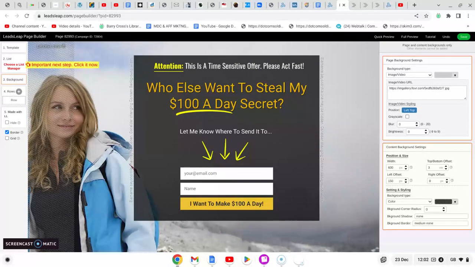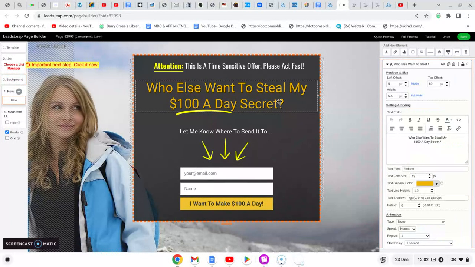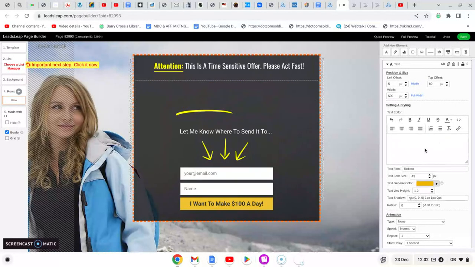So what I'm going to do today is just keep this really simple and just show you how easy it is. So let's say, as an example, you want to change this text here. So it's drag and drop, and it's also customizable and editable. So wherever you put your mouse is where you're going to edit. So I put my mouse on here and I click. On the right hand side, the editor will change, and you'll see the WYSIWYG here is the text that matches the text on the template. And what you can do is you can just highlight it, and let's just delete that. And then let's put something like,